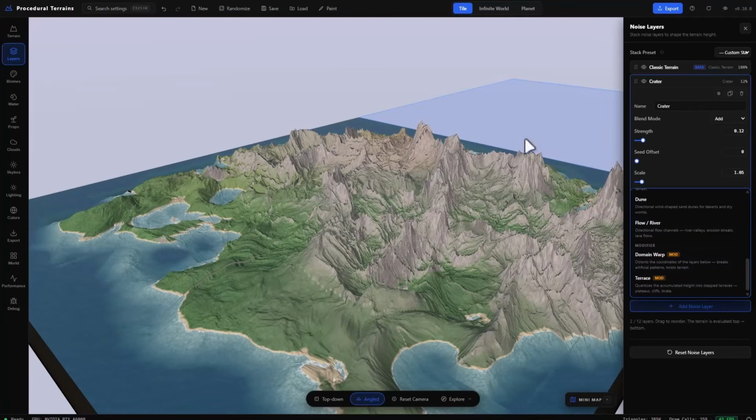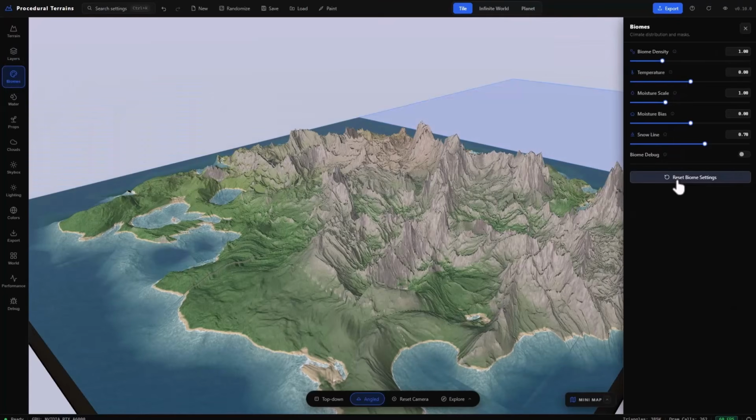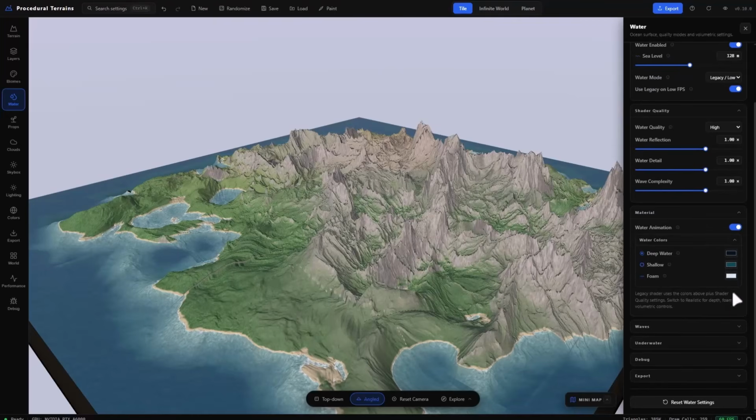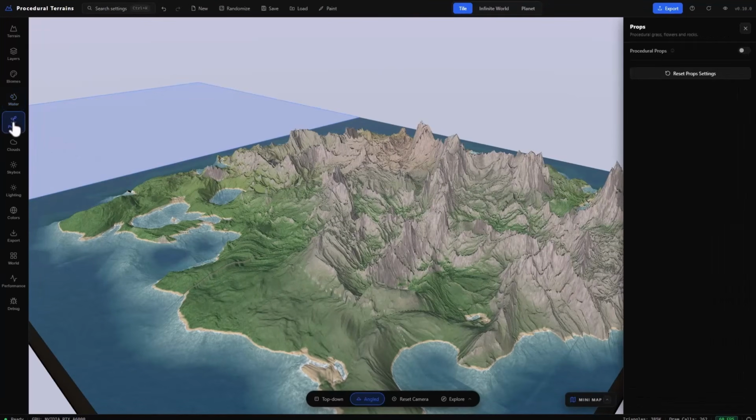Other things that you can do with these includes adding biomes, as this has a couple of biome stuff as well. We've also got the water. You have parameters for that. You can play with the settings for the water. You can turn on animation, turn off animation if this is what you're going for. We've got the props as well. And for the props, we can turn on